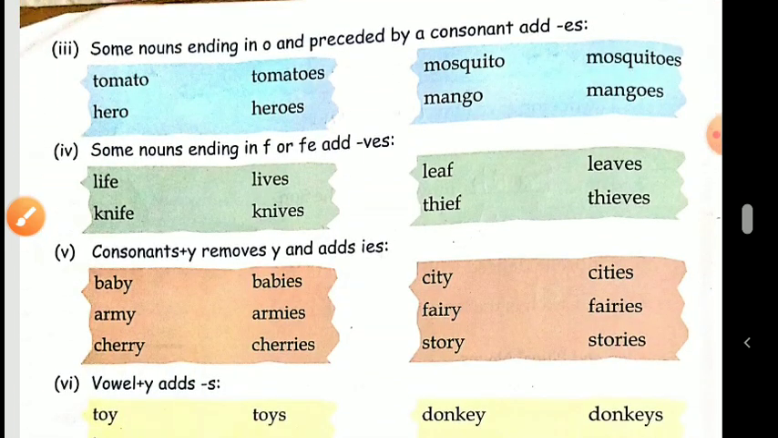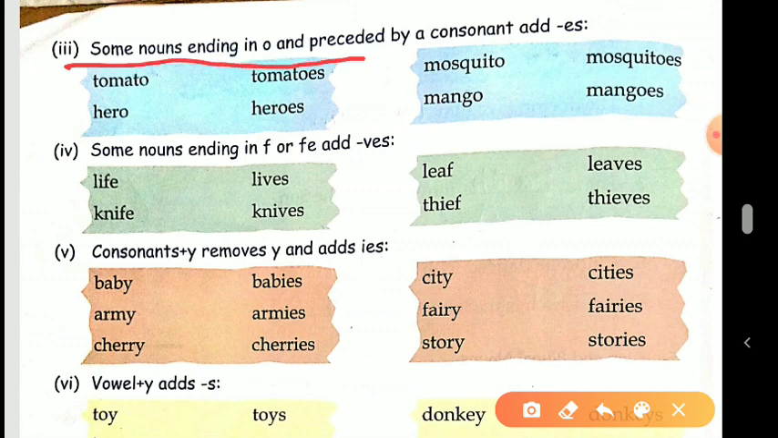Then, students, rule number 3. Nouns ending in o and preceded by a consonant add es. All those words which have got